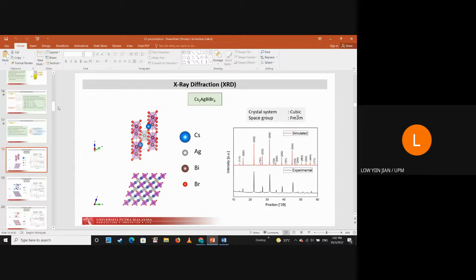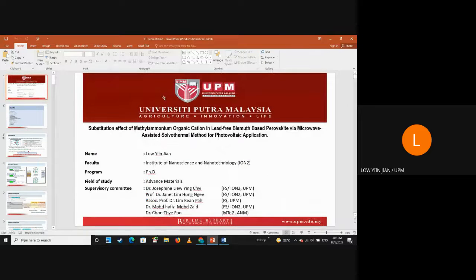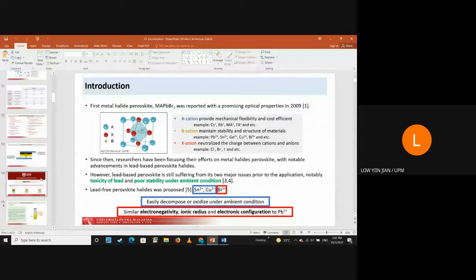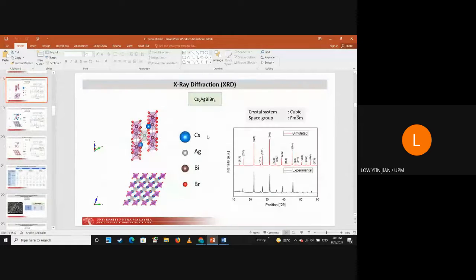Okay, the thermal stability. I'll go back to my topic first, because I'm doing the substitution effects of this organic cation and replacing the inorganic inside the 2116 structure. So it means that the MA will substitute the Cs, and all of the others are inorganic. Once I substitute, because it's an organic compound, we know that the organic is quite volatile, depending on the compound, compared to the inorganic.